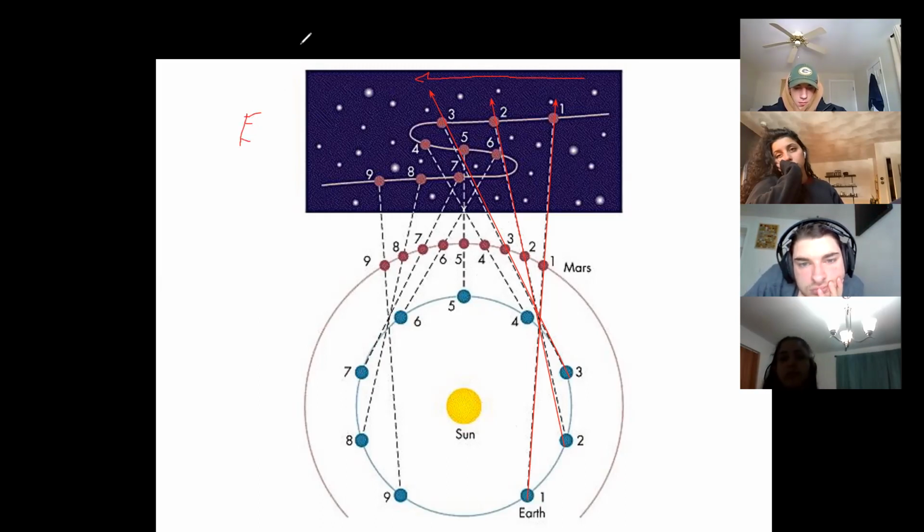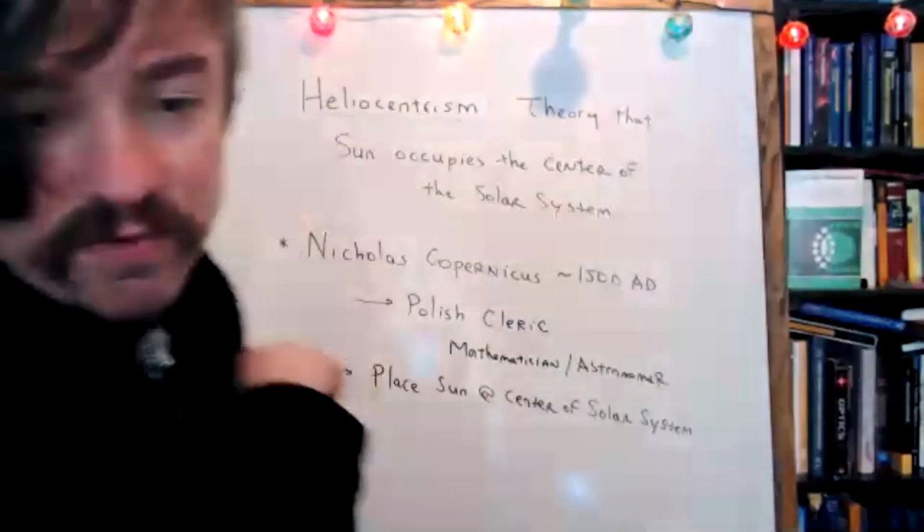And then when Earth starts to pass by Mars in positions 4, 5, and 6, we have basically a similar effect to parallax going on. Because we travel past Mars in orbit, we temporarily see its position shifting backwards with respect to the background stars. This is a version of parallax. And then as Earth and Mars march forward, we can see Mars moving forward again. So retrograde motion is simply explained in terms of Earth just lapping the other planets in its orbit. Let's put that in our notes because that's kind of an important issue.